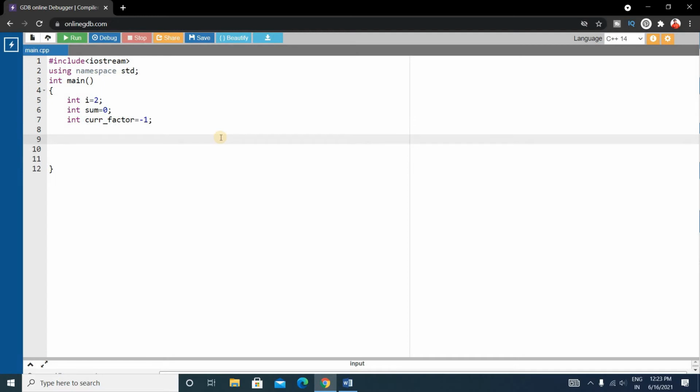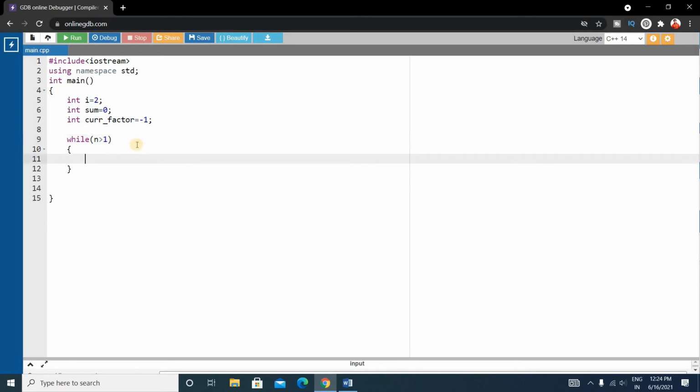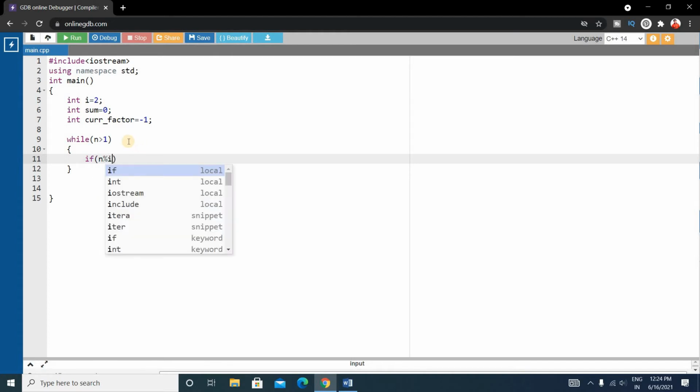Now we'll write a while loop and check if n is greater than 1, then we'll do a certain operation. Write while n greater than 1, because 1 is not a prime number, so we check for n greater than 1, that is from 2, 3, 4. Then we check if n is completely divided by i or not.